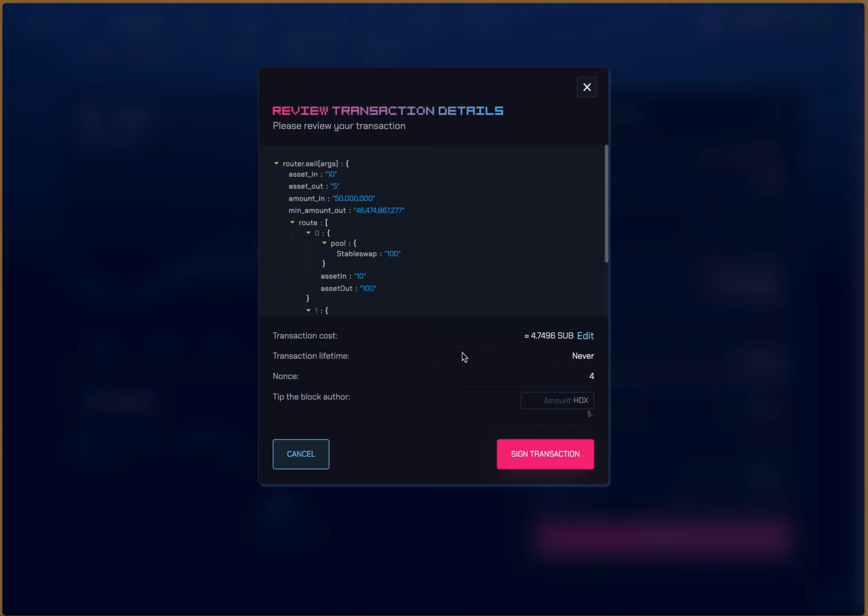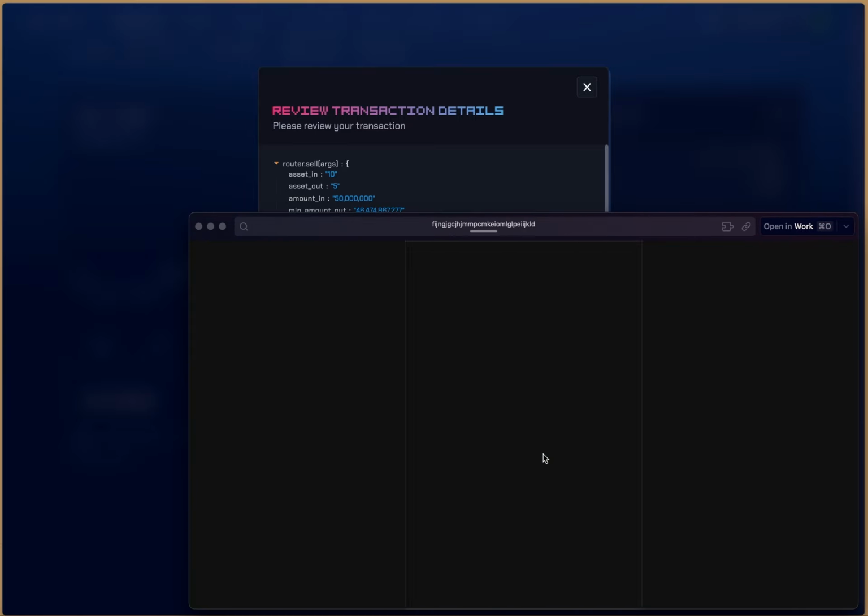So now, do I have to sign again? Or why is it asking me again? And it's offering Sub again. Set USDT as fee payment asset. Oh, wait. So I see. So me setting,